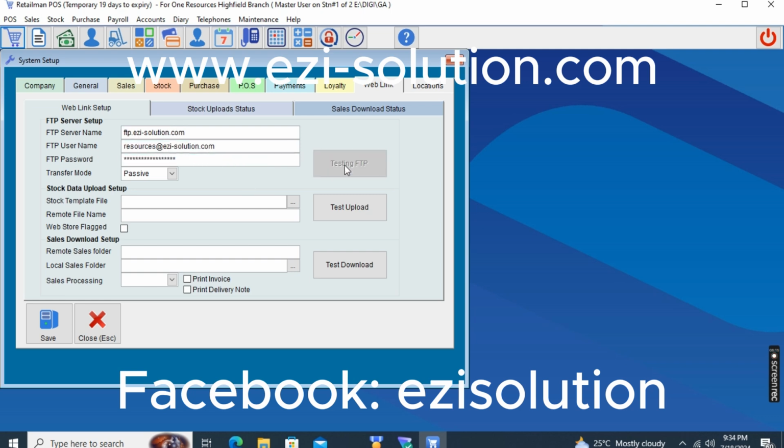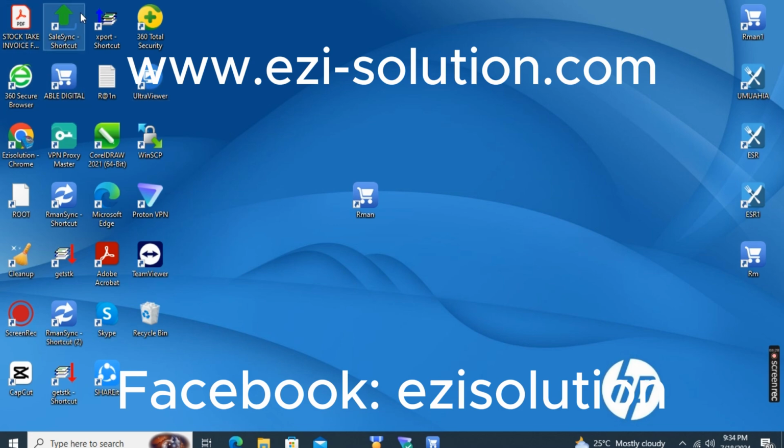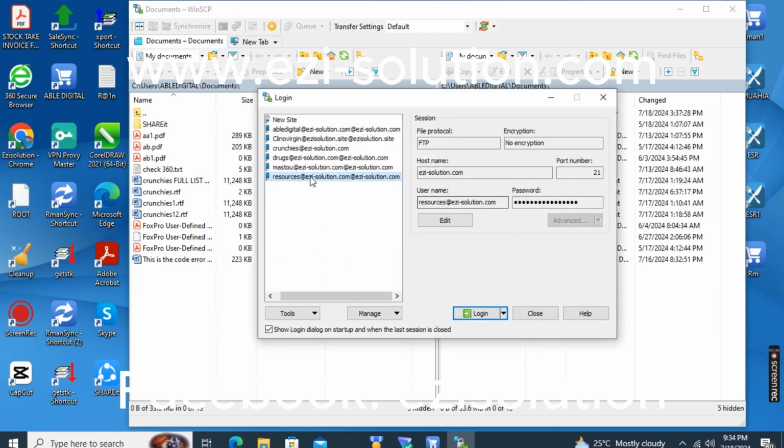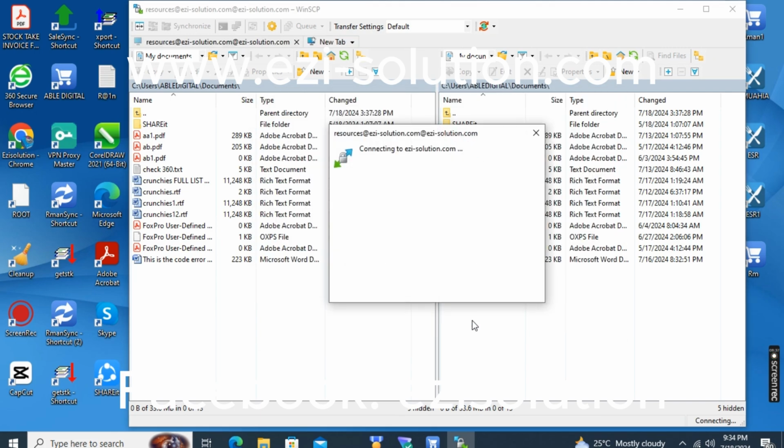Now the internet is connected. I want to test it now. It is connecting now. What it means is this: inside this very server, we have created folders. Let me show you the folders that must be done. This folder is already created. I'm logging in. Look at it here. I'm logging into the server,